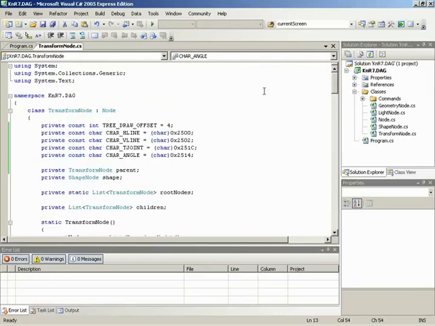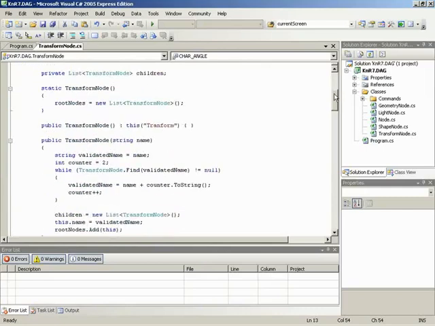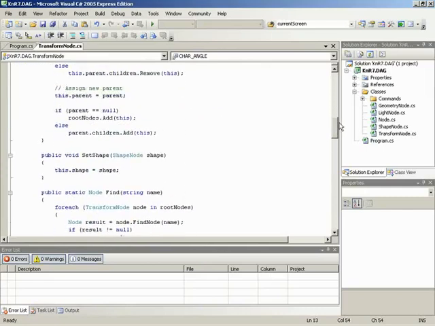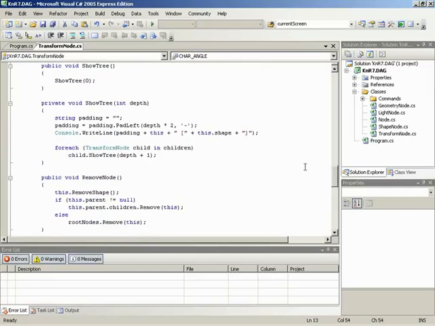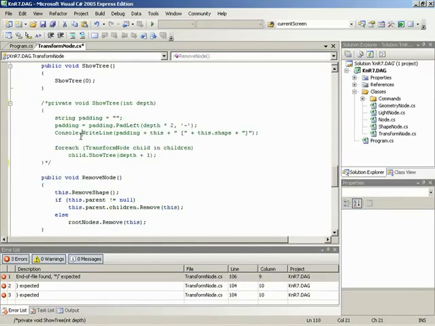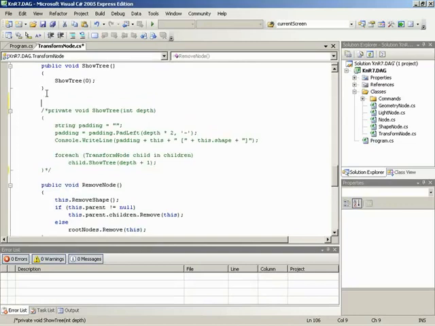So what I want to do now is switch back over to transform node and then jump down to our renderer as it is implemented here in showTree. I'm going to take the entire showTree method and comment it, just so we can refer back to it if there's any piece of the code that we need from within it. Though the idea here is that we completely